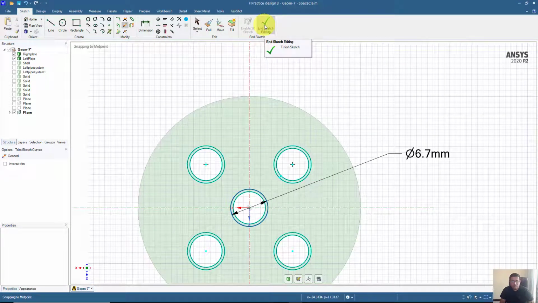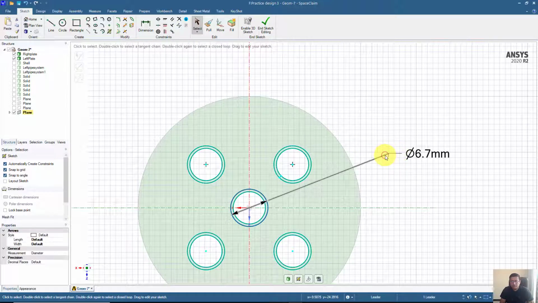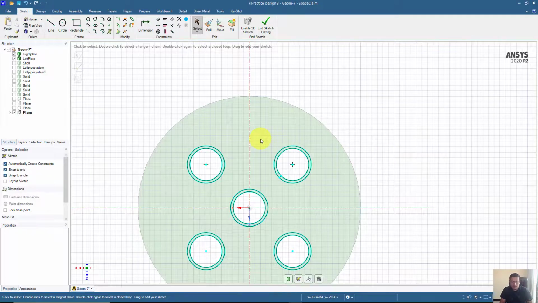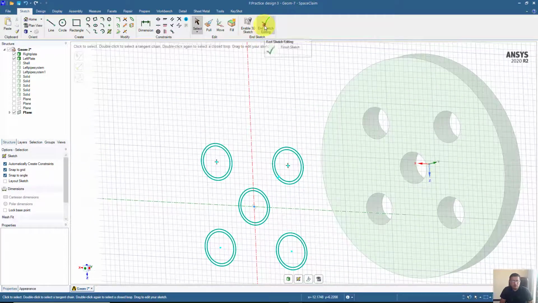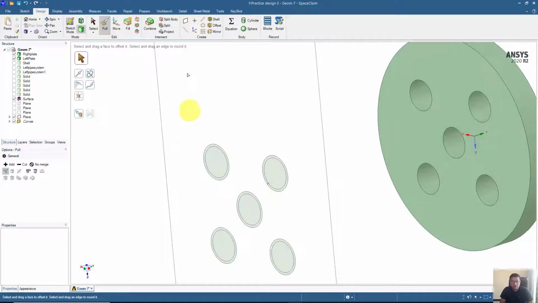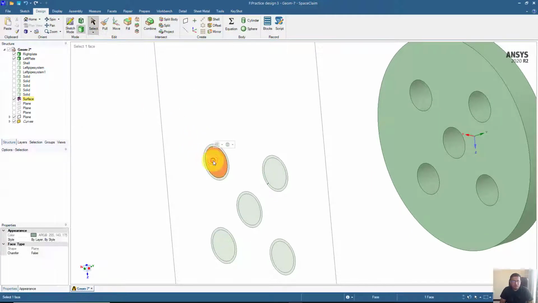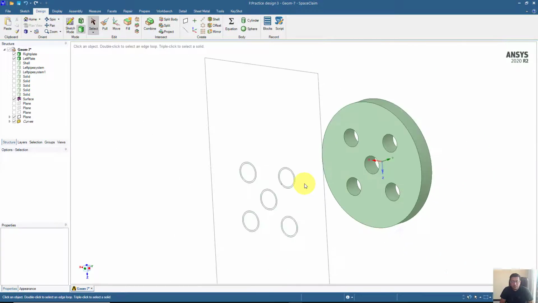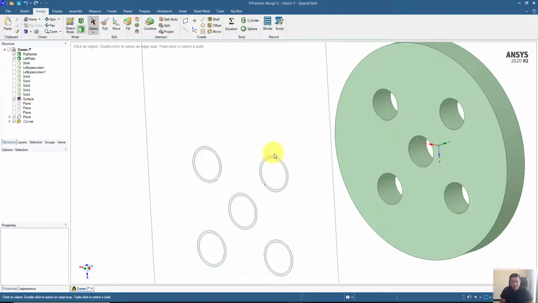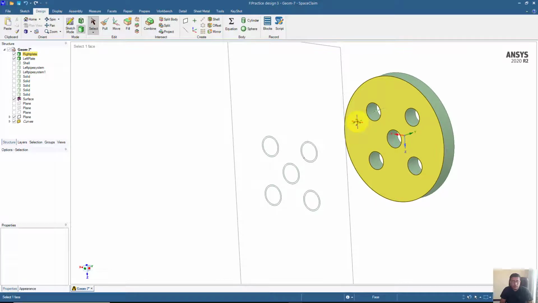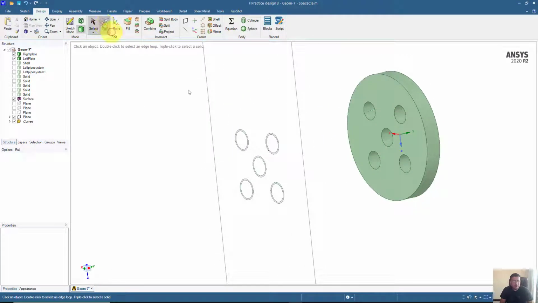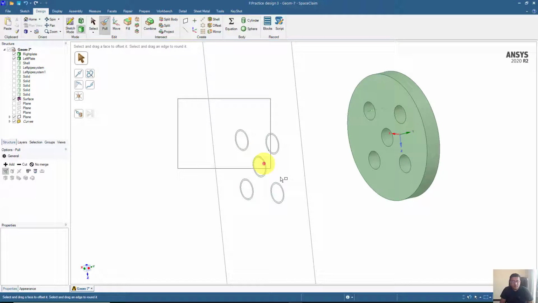Okay, now we can end the sketch mode here, and also we will be deleting this dimension, and now end sketch mode, and also delete these internal circles from here. And now this is the fact that we can use only this geometry to create the thickness and as well as these tubes. So anyhow, again we will repeat the same procedure,